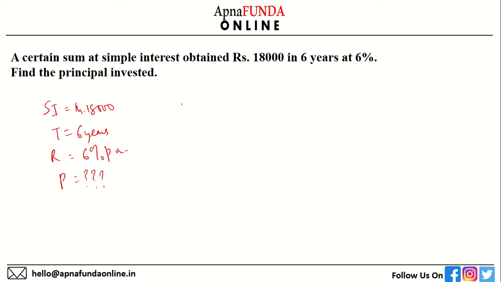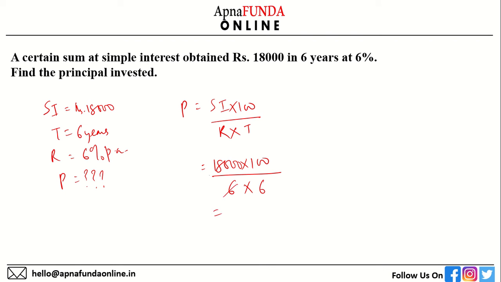So the principal formula is simple interest into 100 divided by rate of interest into the time period. Correct? Let's solve this. So principal is equal to simple interest 18,000 into 100 divided by rate, which is 6, into time, which is 6. Correct? So when you solve this, you will get the answer. 50,000 is the principal which was invested for 6 years at 6%, and the simple interest obtained on that is